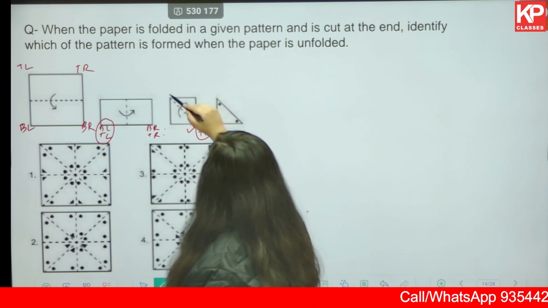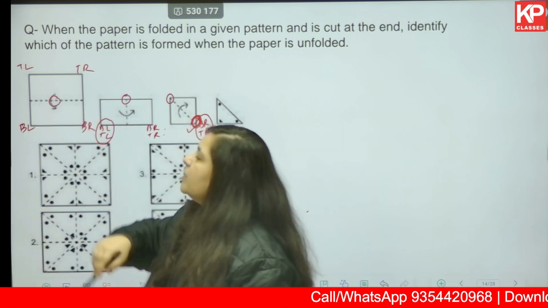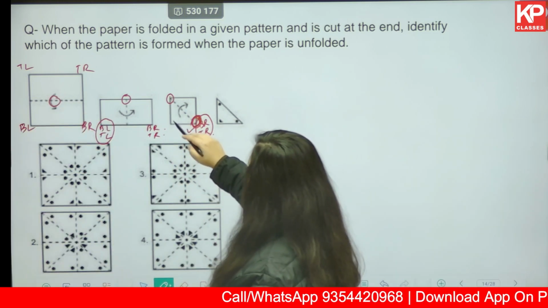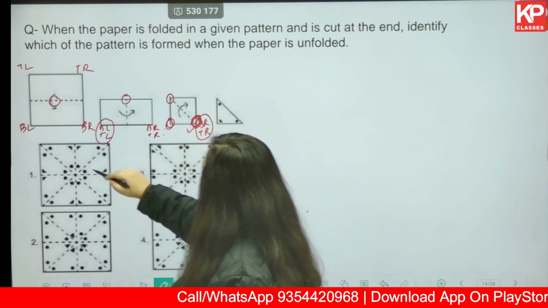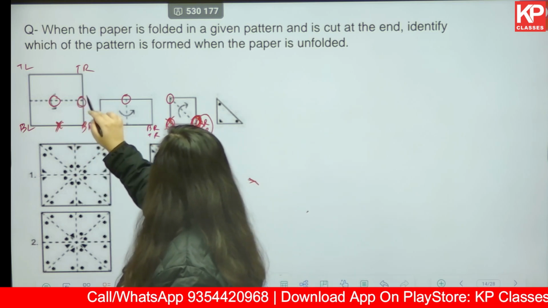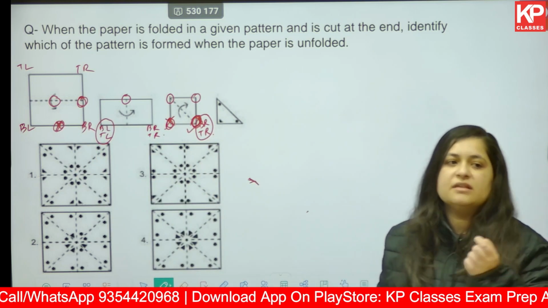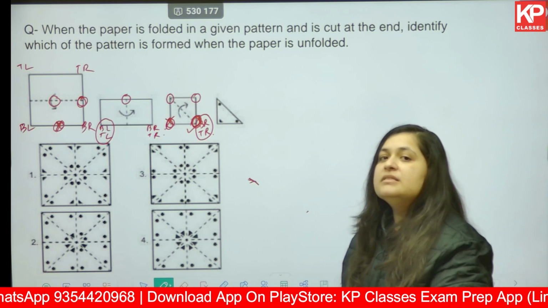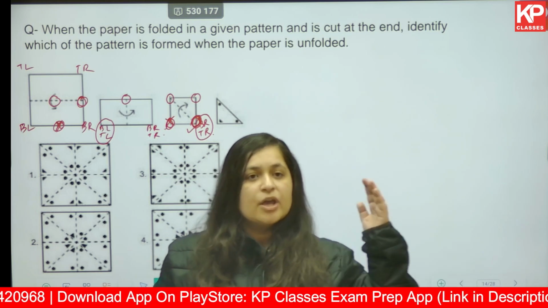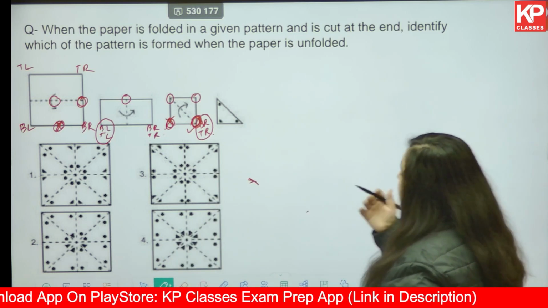This is the middle part. The middle part remains as it is. Then what is this part? This particular part is here. And this circle is here. So you have to trace where each and every corner is getting folded into, or what place it is coinciding with. You have to keep tracing that to solve these kinds of questions, but this will come later on.